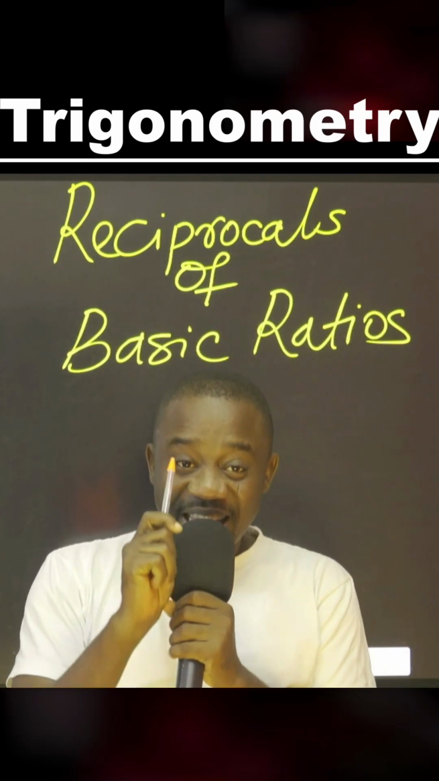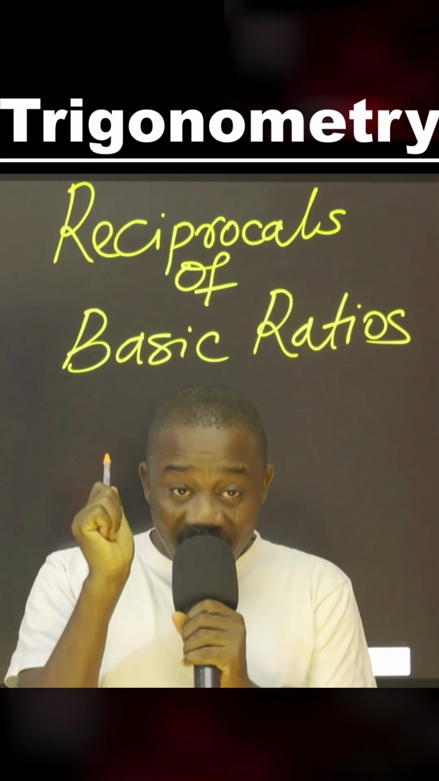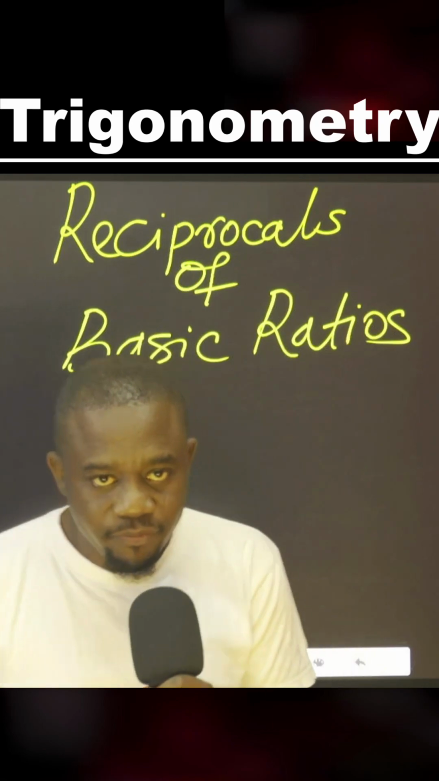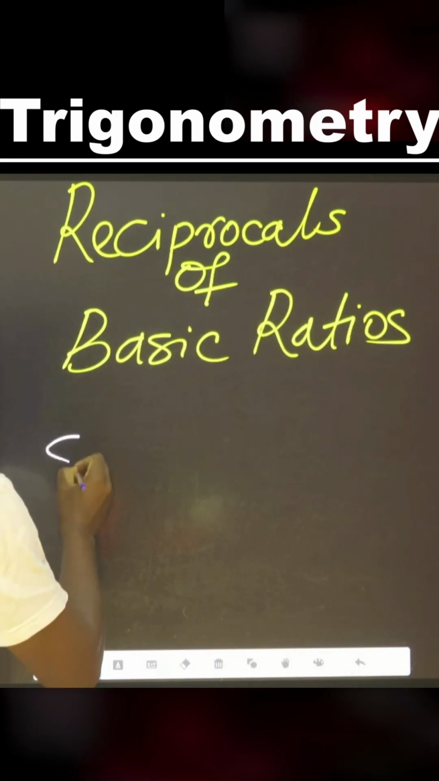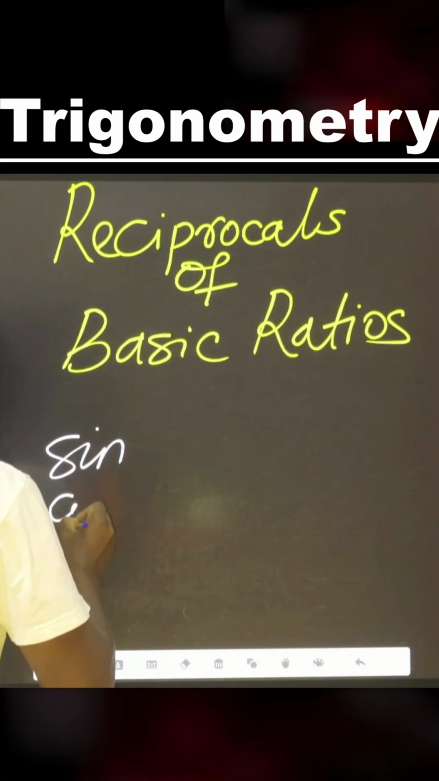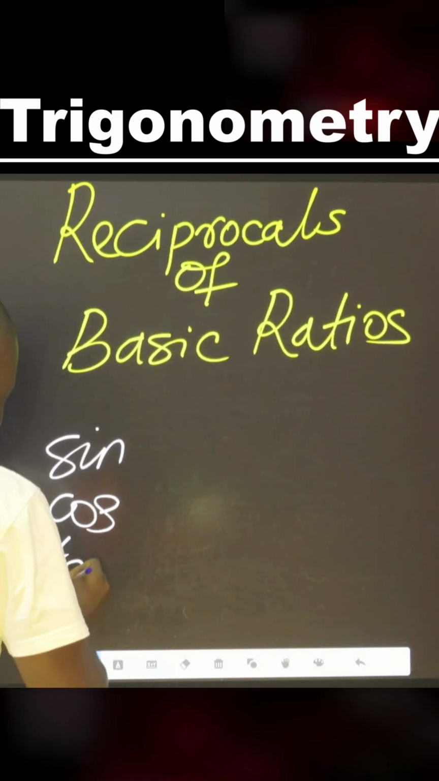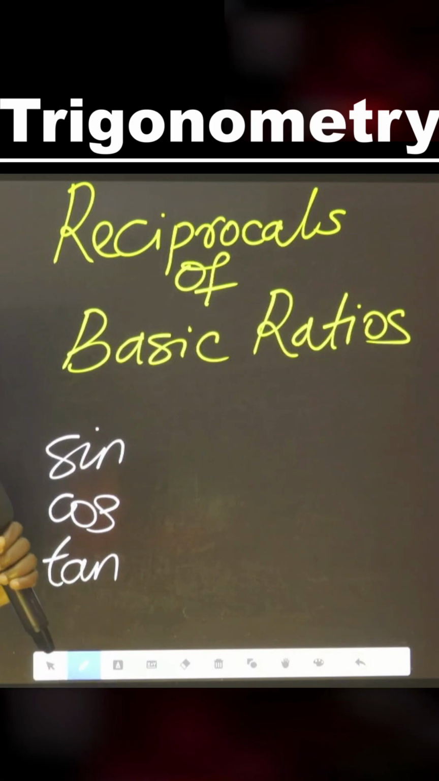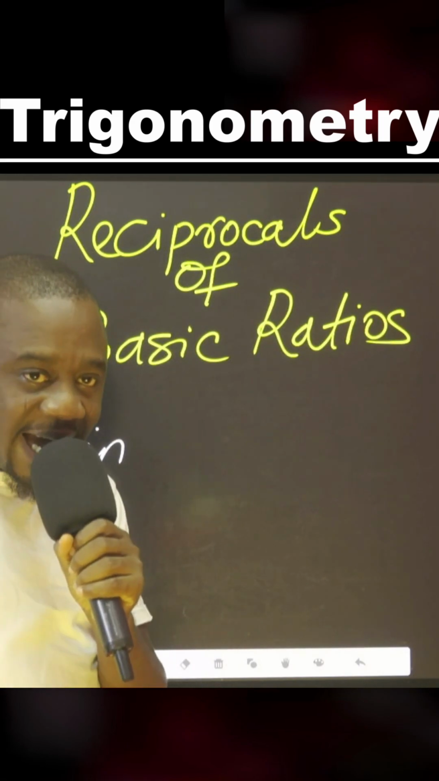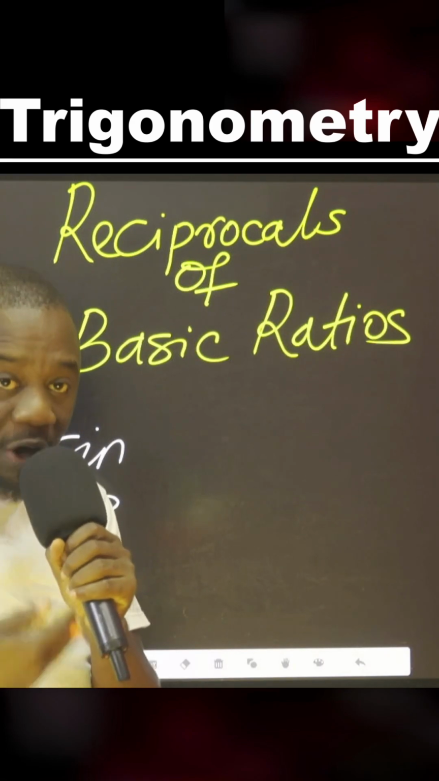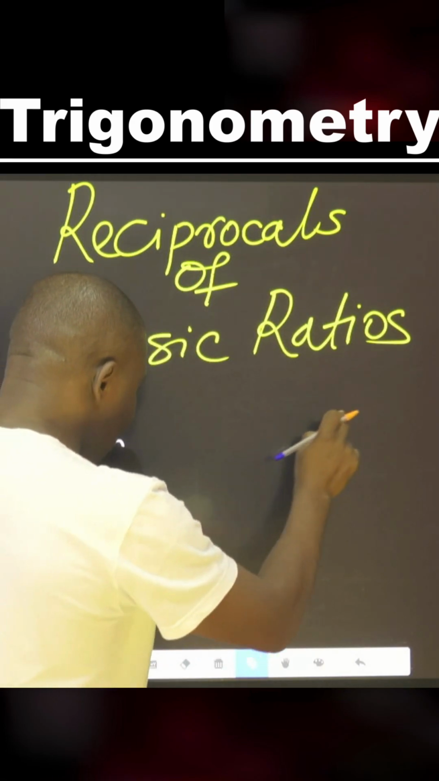Now, let's look at the reciprocals of basic ratios. You already know we have sine, cosine, and tan. So their reciprocal is 1 over the ratio. That is 1 over sine, 1 over cosine, 1 over tan. So if we have something like this,